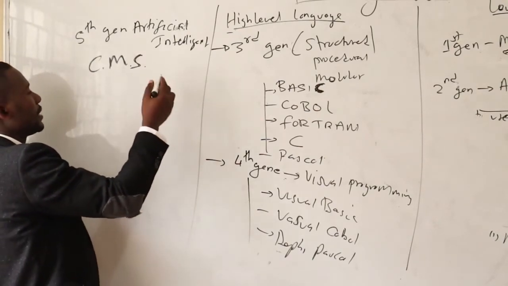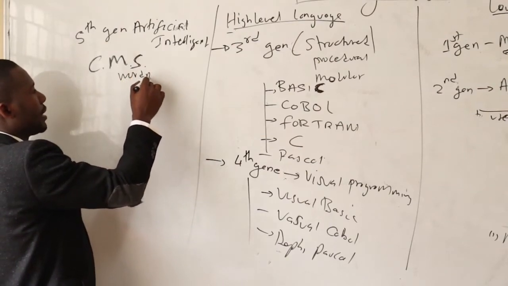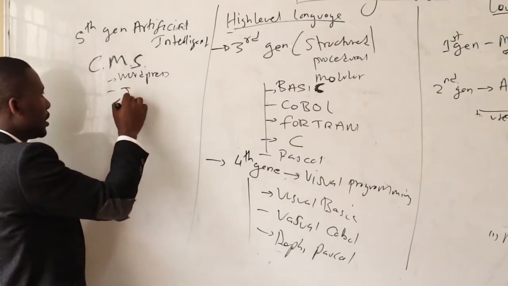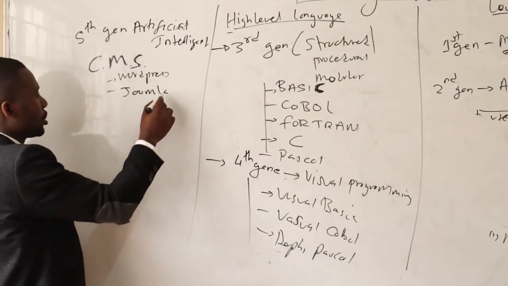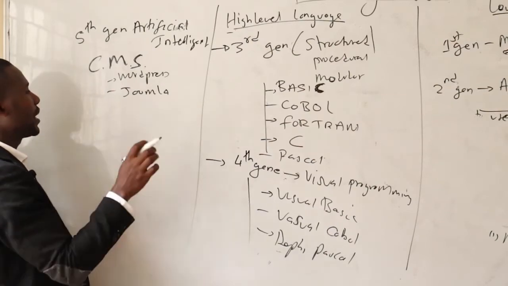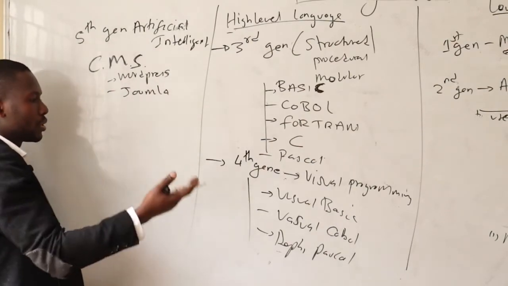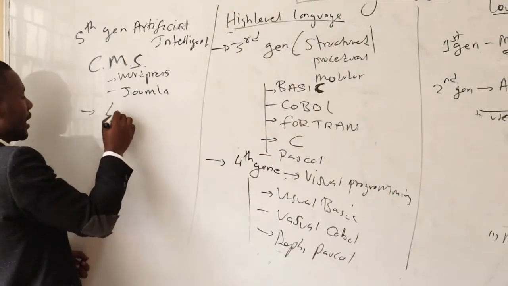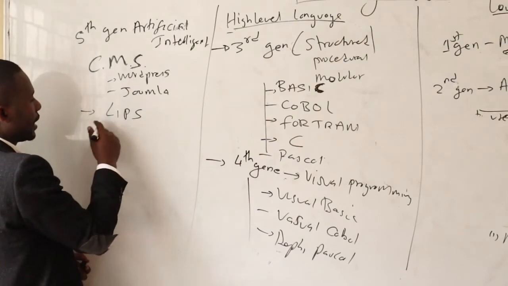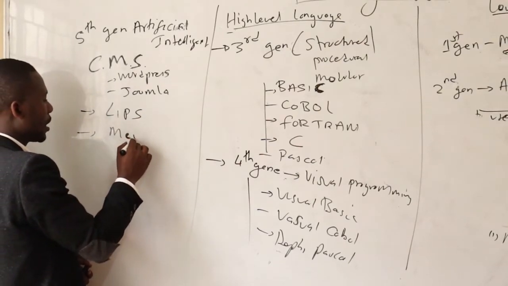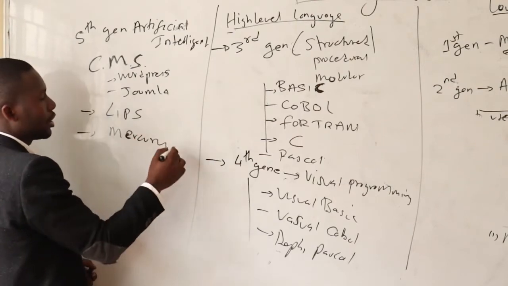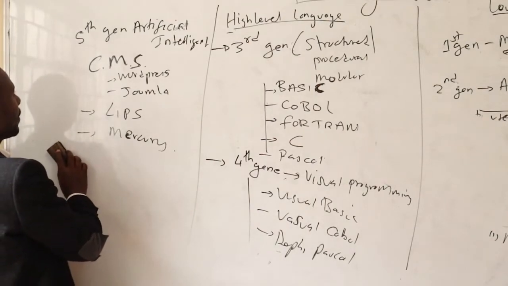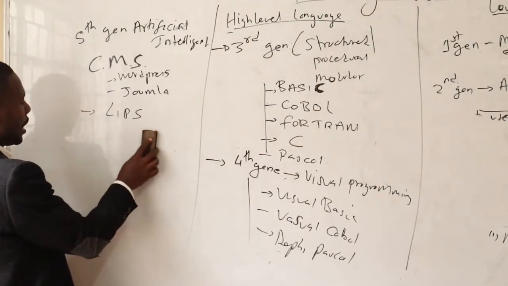Like we have systems such as WordPress, normally used in web development, and Joomla applications, where once you just place a button or create a program, it generates the program for you. Others that are even more sophisticated, like Lisp and Mercury, are applications still used to develop code automatically. Then after the fifth generation languages, we have